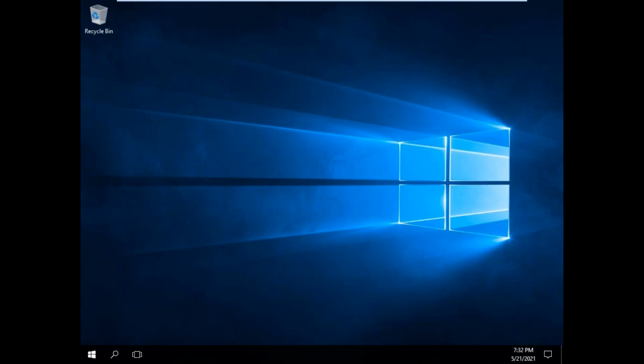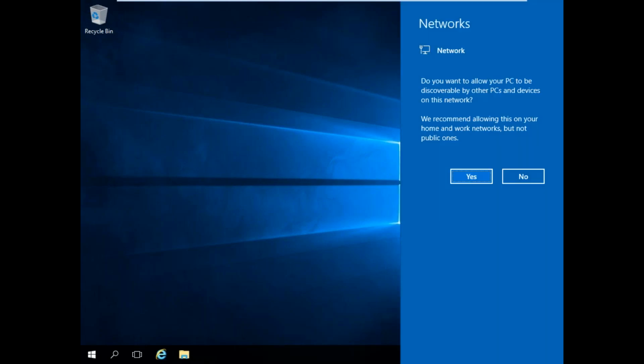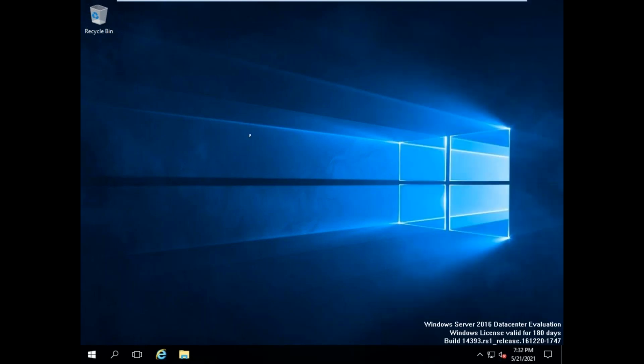That's it. This is your screen. It looks like your Windows 8 and Windows 10. So if you know how to use the Windows 8 and Windows 10 operating system, you can easily use this Windows Server operating system. Operating wise, it is the same. See, we have a recycle bin here. We have date and time. So let us change our date and time once.